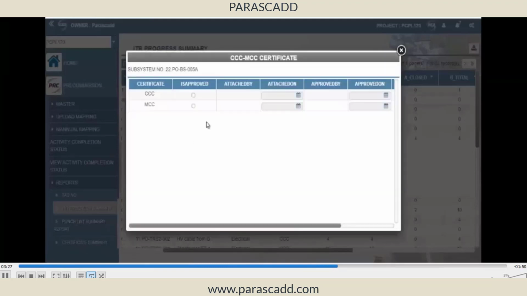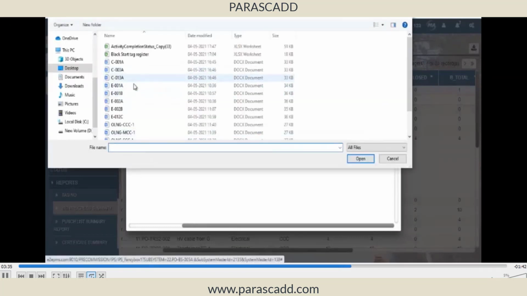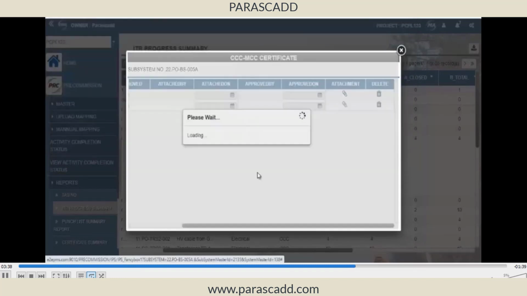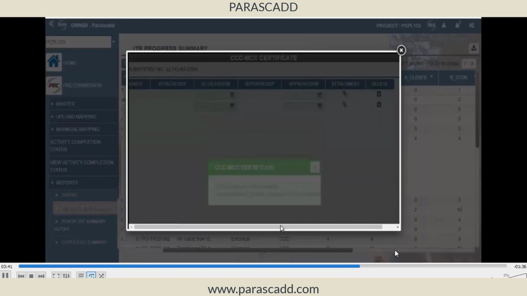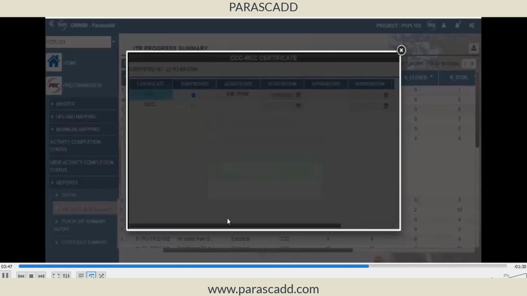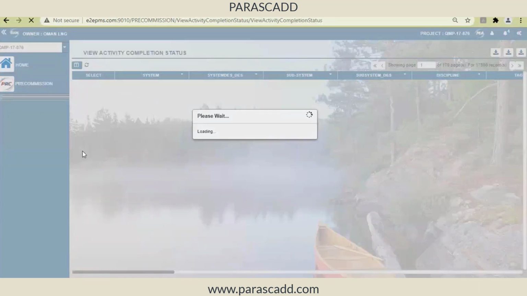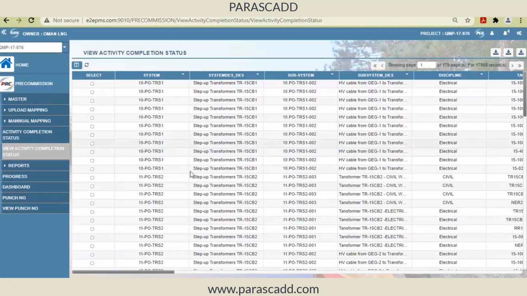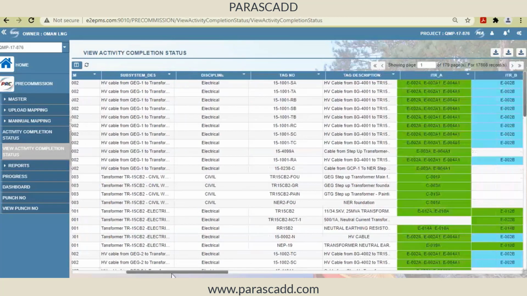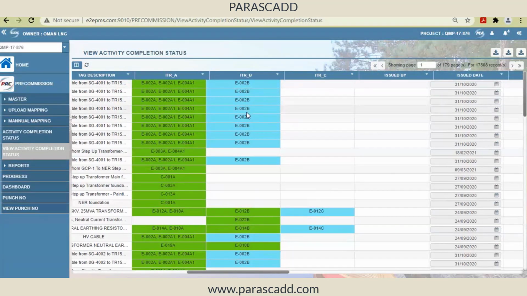Okay. So this is how things flow. And after AITR, the system will be available for CCC. And after completion of CCC, the system will be available for MCC or BITR. So this is the relationship which is maintained here. All right. So finally, I will be able to monitor things like this. If it is in green color, it means AITR is completed and BITR is still open.